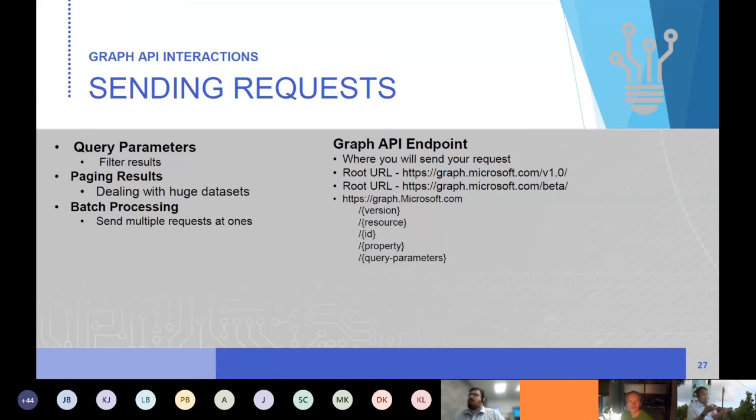paging results, and batch processing. Query parameters is if you wanna filter your results or your returns. Say you grab all your users, and you have a 10,000 user environment, the way you can filter them is through query parameters. Say you just want all users whose first name is Mike, right? And then for the paging results,